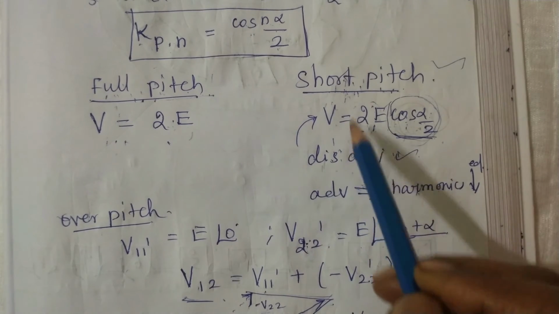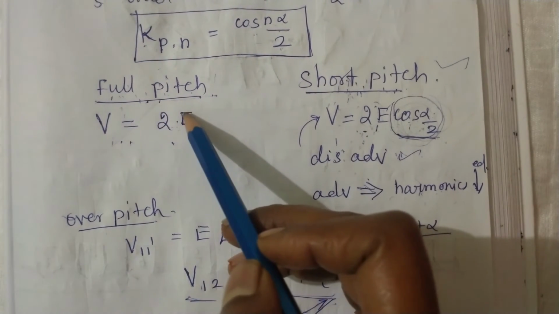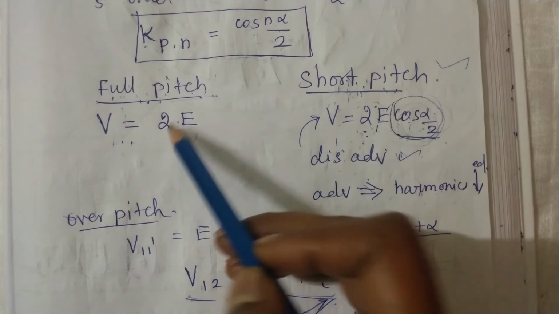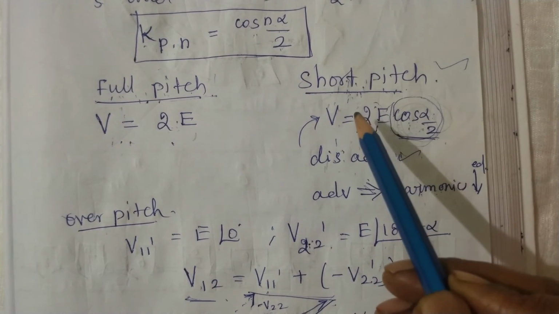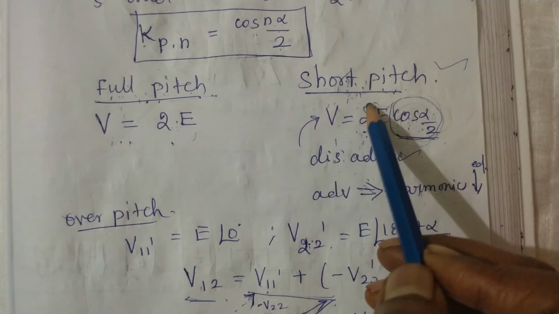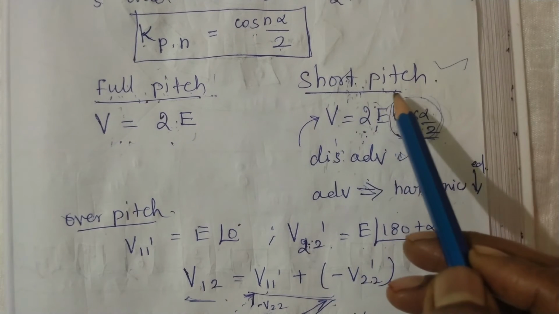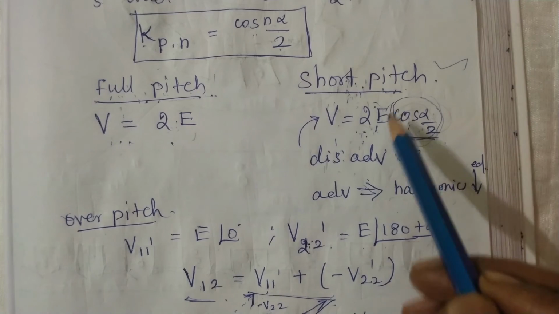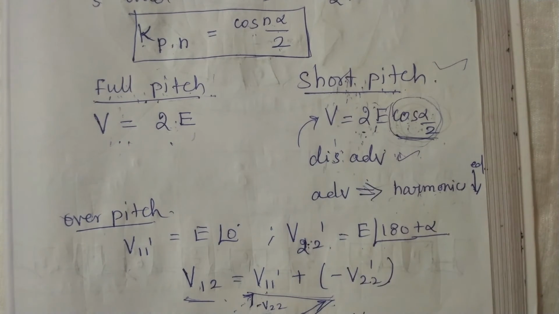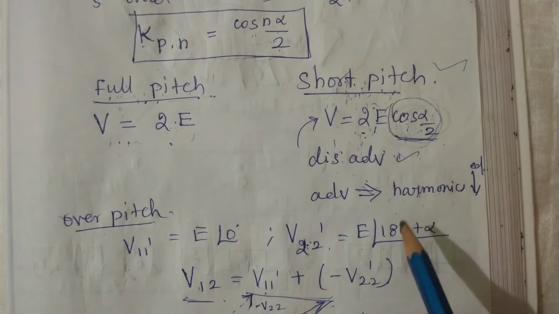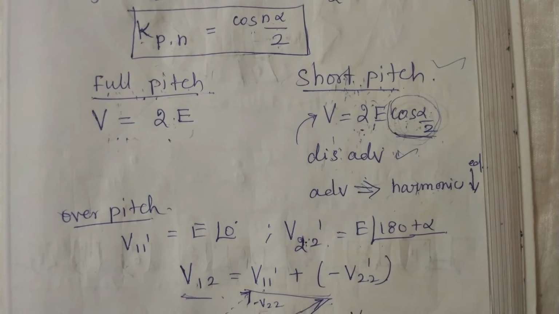That is why we are using the full pitch concept in DC machine winding, and the short pitch concept in the winding accommodated in the AC machine. Because AC means there will be harmonics. To eliminate those harmonics, we need to approach this concept, right? And along with that, we have to see over pitch also. In that over pitch,